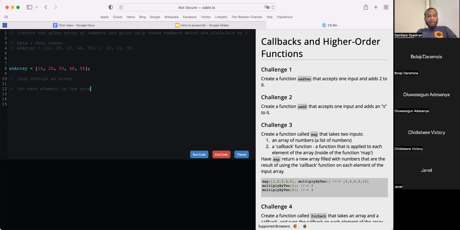Yeah, each element in the array rather. Yeah. So if, then under it, inside, so if the modular is equals to